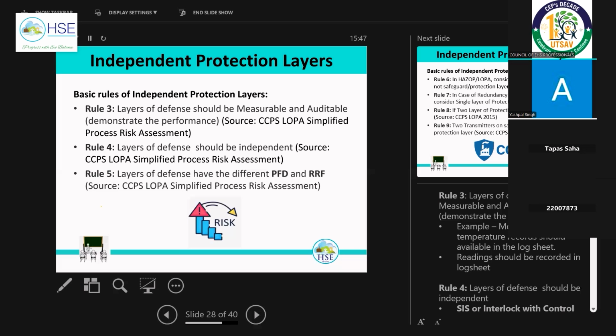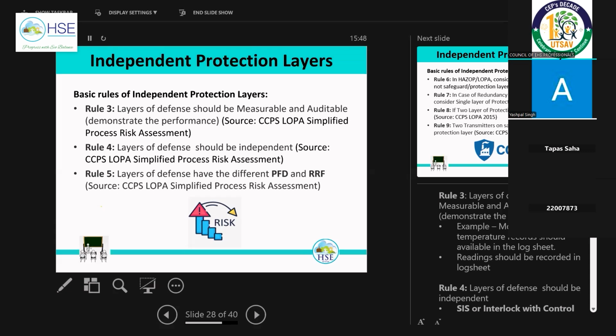So we cannot say there are two independent control systems or two independent SIS, because the action is only one, temperature control only. In this case, our pressure and temperature high alarm and control loop closing the steam control valve is not two independent SIS or independent protection layers, but only one. But when we stop the flow also with the pressure and temperature, we have two actions on the two transmitters, temperature and pressure. In that case, we can consider two separate control systems and separate protection layers. So that is the basic thing: independent layers of defense should be independent. That's the basic rule number 4.